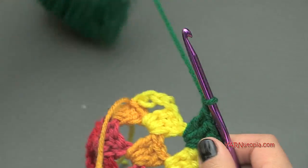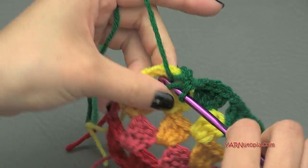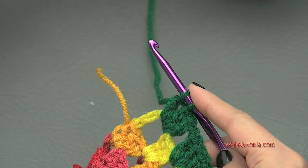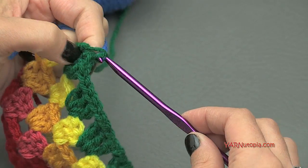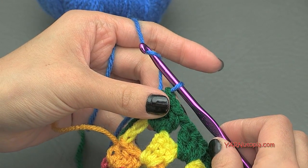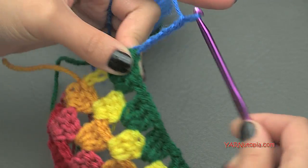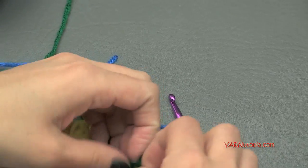Then chain 1, and then 3 double crochets in the last space, but on the 3rd double crochet of this grouping, we are going to change color. So we're going to start off our double crochet like that, hold it, grab our new color, hook that one on, and pull that through to finish off that double crochet. Then we're going to repeat row 3 now, so yarn over, pull through, we're going to chain 4, 1, 2, 3, 4, turn our work, pause, cut our yarn, tie a knot,